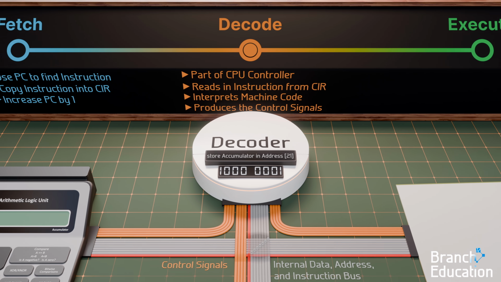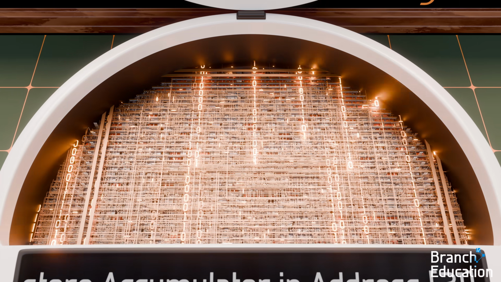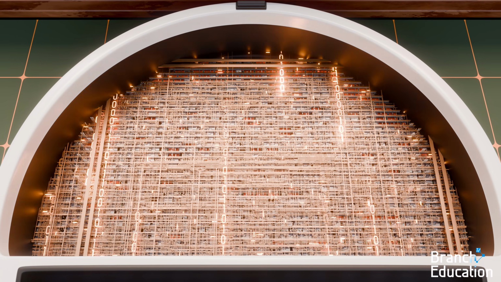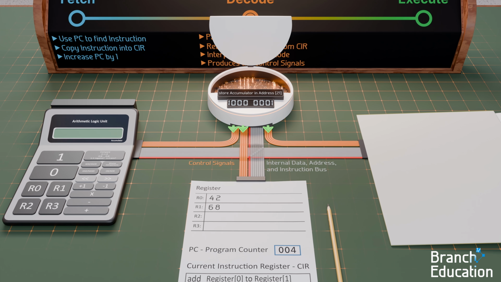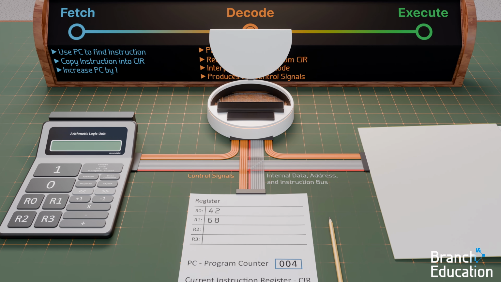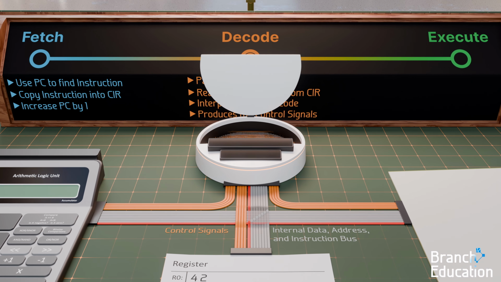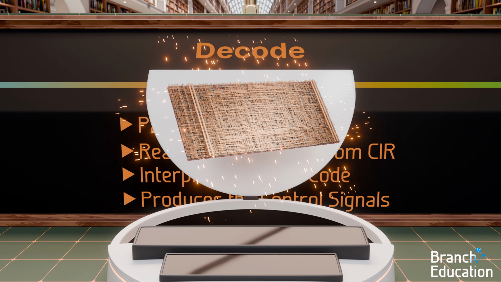Specifically, this instruction decoder circuit uses the binary values of the instruction and an incredibly complex arrangement of logic gates to produce the corresponding control signals, which are then sent to the different elements in the CPU. Instruction decoders are one of the more complicated parts of the CPU, but here's an example along with a simplified